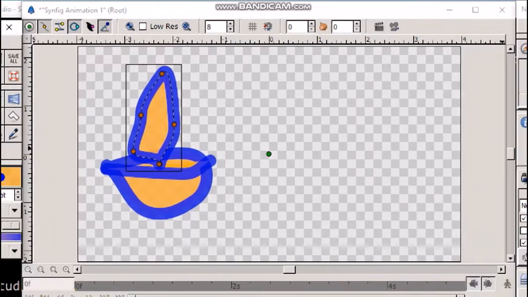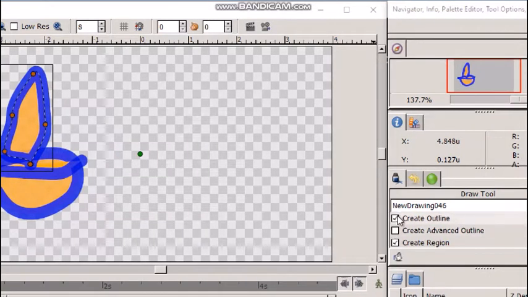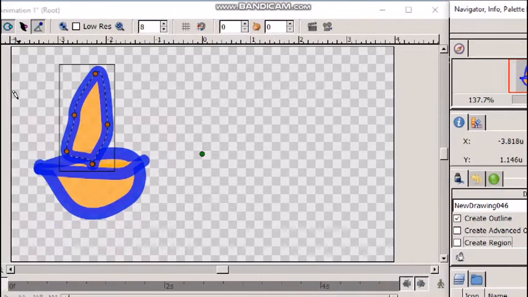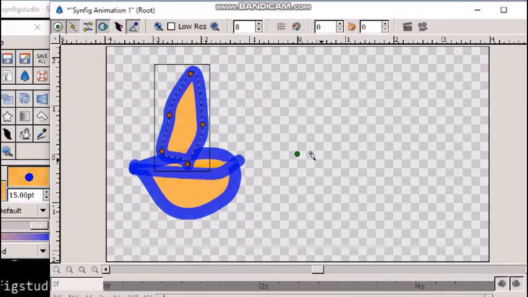Now select only create outline. Deselect this create region. Now let us draw the same lamp.